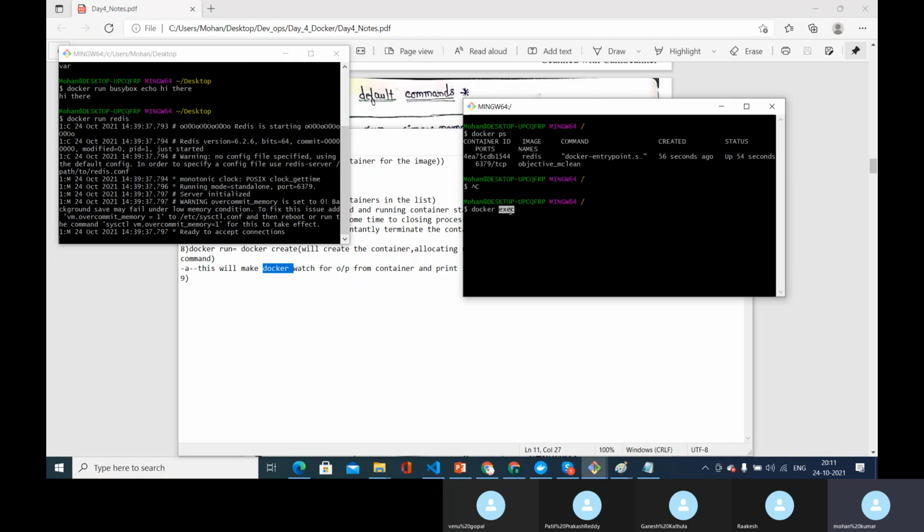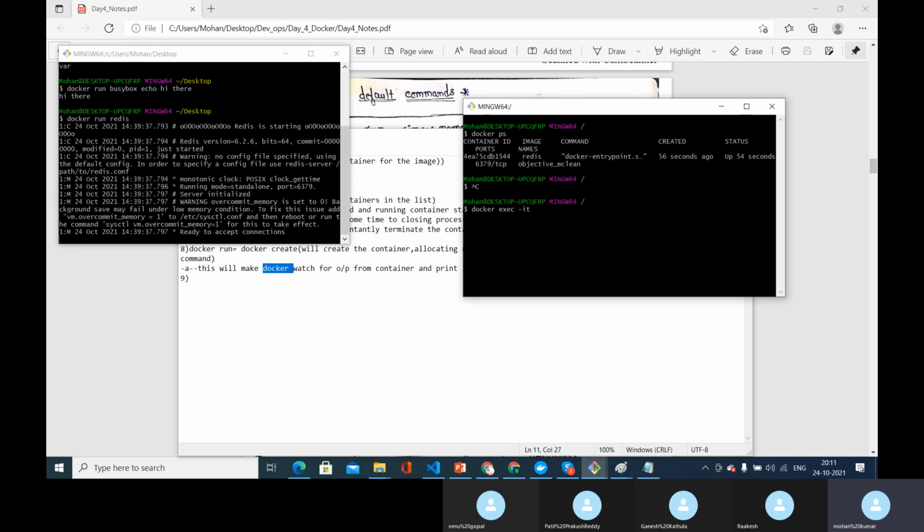Only on the running containers can you do this operation, not on a stopped container, an exited container. That's why I haven't used busybox, because busybox will be terminated after executing whatever command we give. It will not stay alive. But we can keep Redis running for some amount of time, until we close it. That's why I used Redis, which is an in-house image. The Redis software is the in-house storage system, and this Redis is the image of that particular software. So I can use docker exec only on the running containers, with -it.